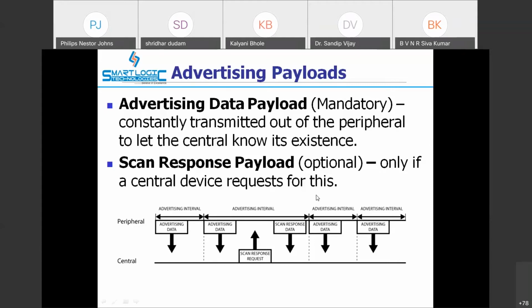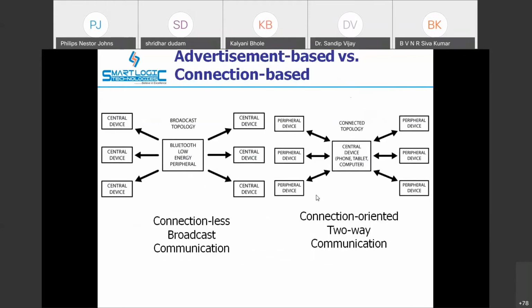This communication is called connection-less communication, so there is no need to make a connection. That's why it's called advertisement based communication versus connection based communication. Connection based communication is mainly used in the Bluetooth classic protocol, whereas BLE uses connection-less broadcast communication.